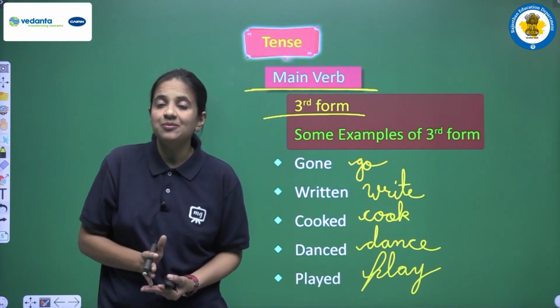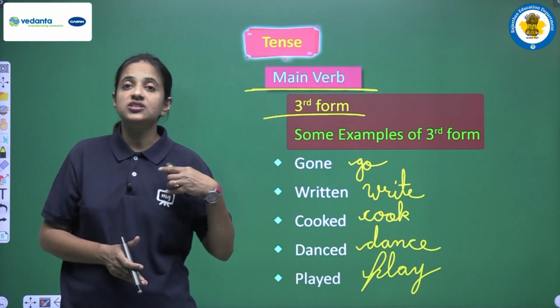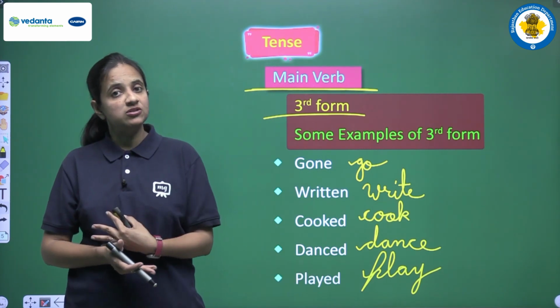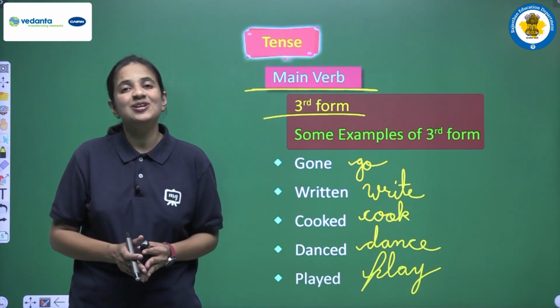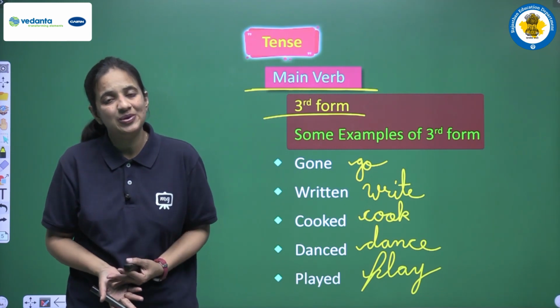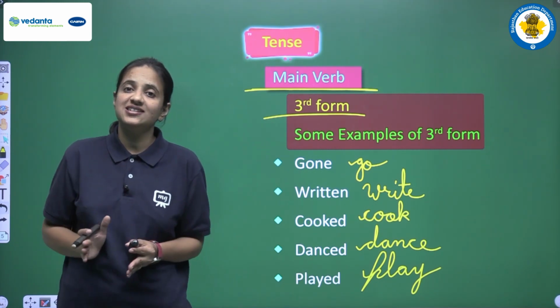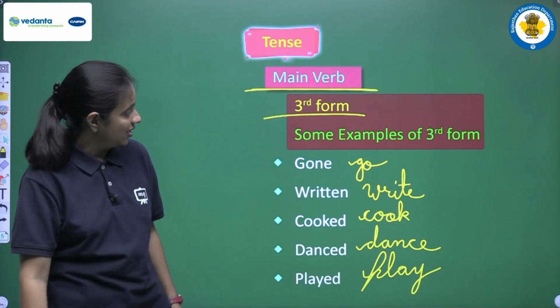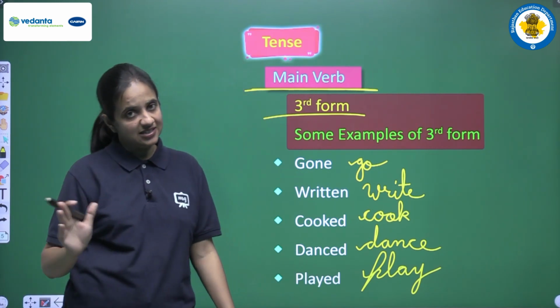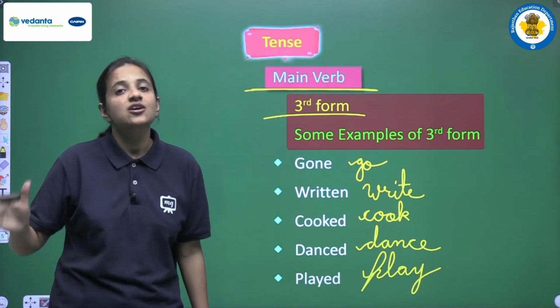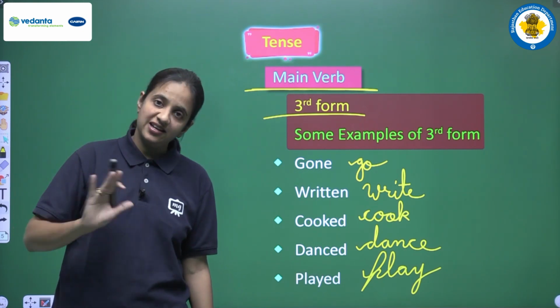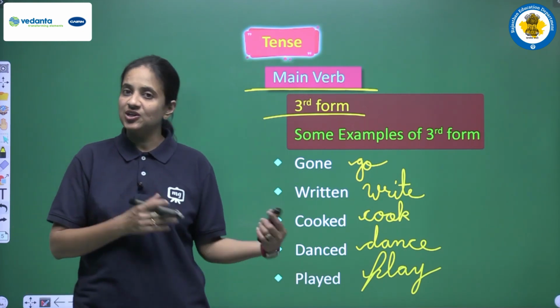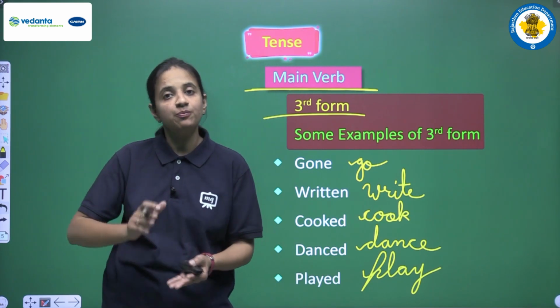and at the same time you should be aware about the second form कौन सी होती है, third form कौन सी होती है. So ये सारी चीज़ें आपको learn करनी है, then only you will be able to write the correct answer. Clear? So now let's revise one more time that in this tense, that is present perfect tense, we are having two helping verbs, has and have. Has always we use for singular subjects and have we use for plural subject.